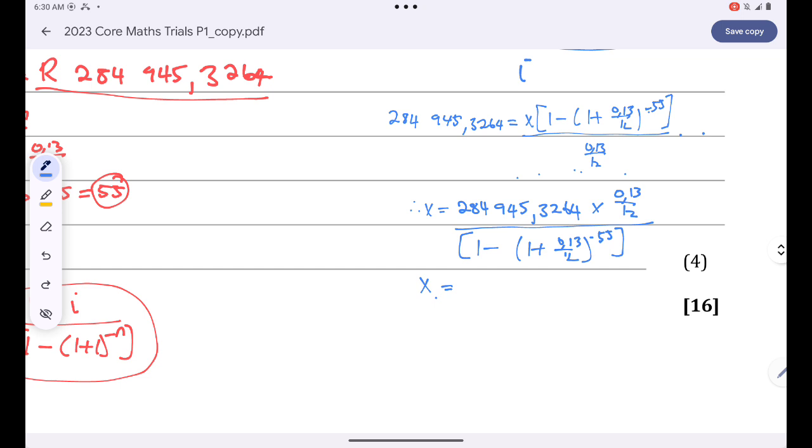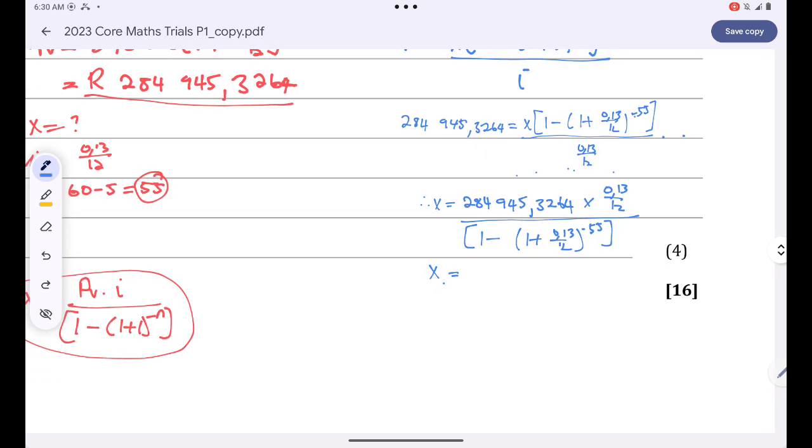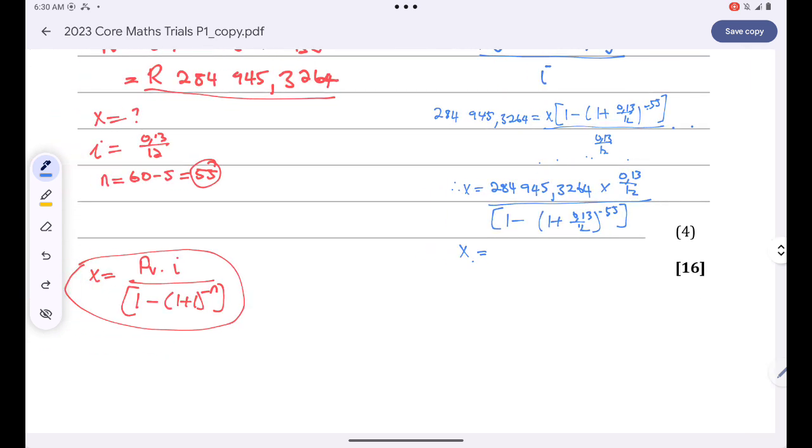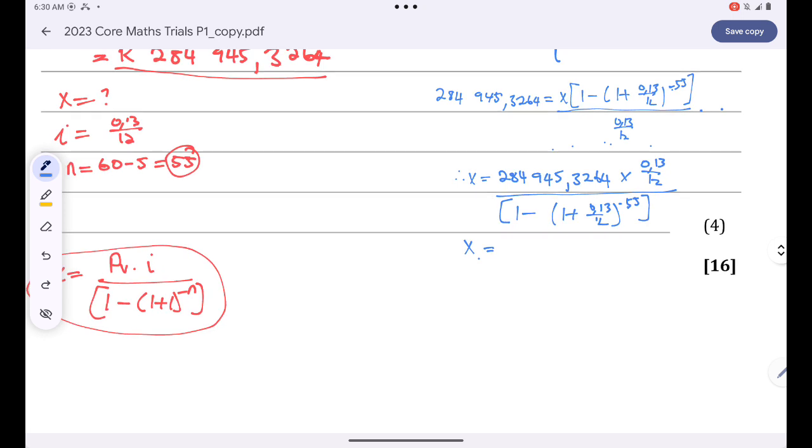So the installment that Thandeka will be making is just 284,945.3264 multiplied by 0.13 divided by 12 all over 1 minus 1 plus 0.13 divided by 12 to the power of negative 55, close bracket. So the amount of money that Thandeka will be paying, guys, at the end of every month is